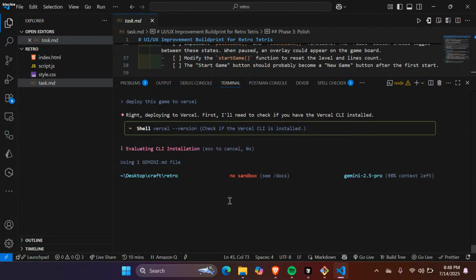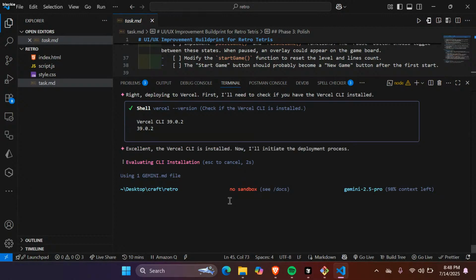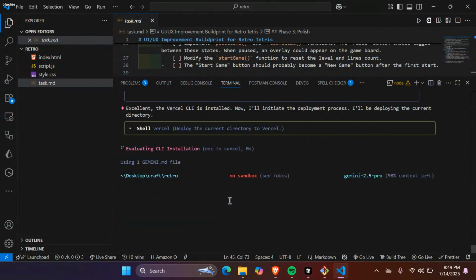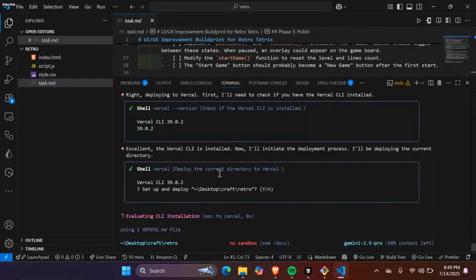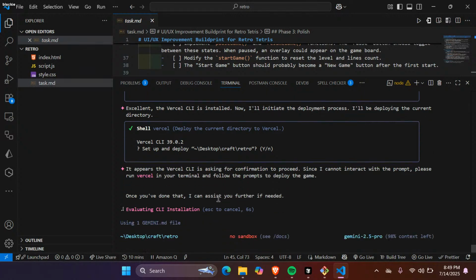Shell. I believe I have Vercel. So it is running Vercel scripts. I already have the CLI on my machine. Confirmation.